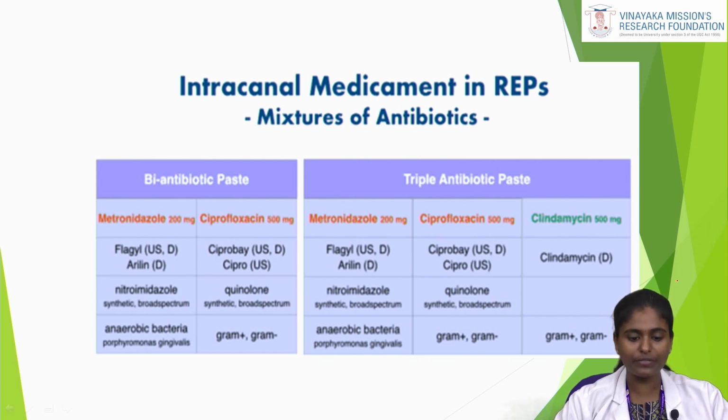Ciprofloxacin in the combination of 500 mg, which is available as Ciprobay and Cipro, is effective against gram-positive and gram-negative organisms, and metronidazole 200 mg, which is available as Flagyl and Anaerobyl, which is of the nitroimidazole group, is effective against anaerobic bacteria. Triple antibiotic paste, as we all know, contains metronidazole 200 mg, ciprofloxacin 500 mg and